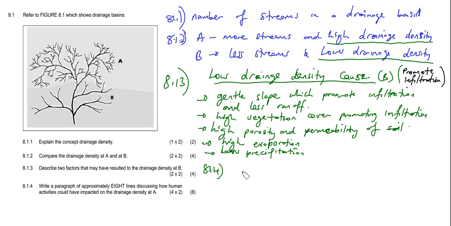cause high drainage density? Now we are just saying, what are the activities that will promote less vegetation cover? What are the other things that will promote high drainage density? First of all, what we can start with is, as humans, we cut trees. So we are saying deforestation, or we can just say cutting down of trees,